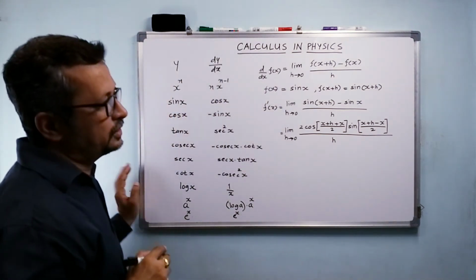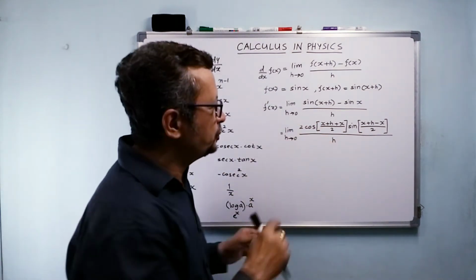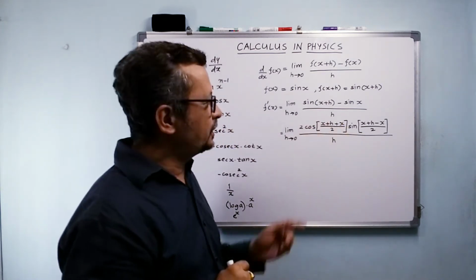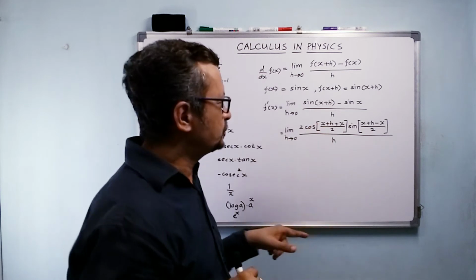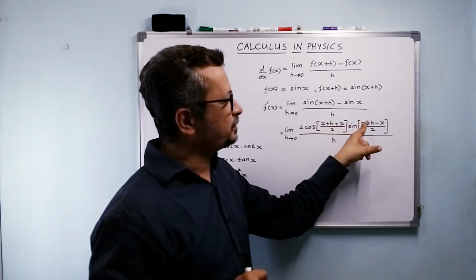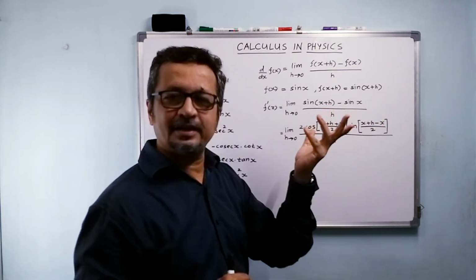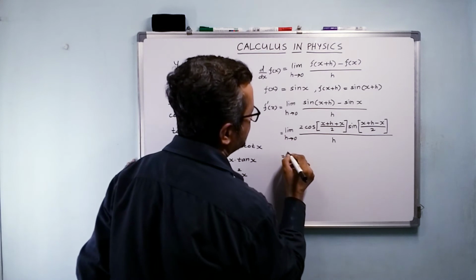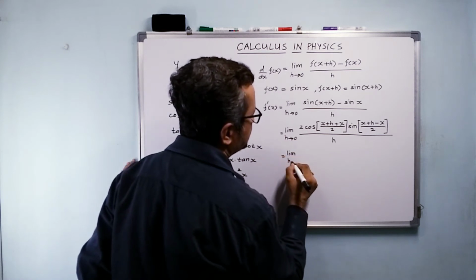Correct? Now what you get here? You get x plus x, that is 2x plus h upon 2. So now what about this? You are getting x plus h minus x, so that x is anyway going to vanish. Correct? So what I have over here is limit as h tends to 0,